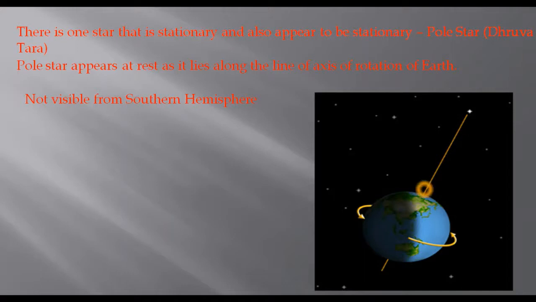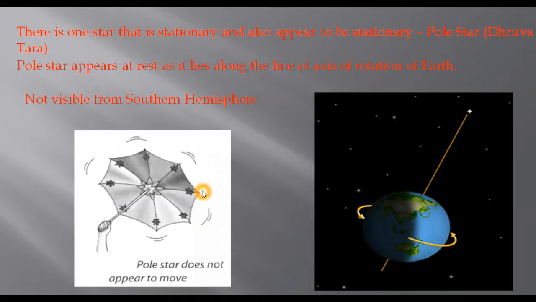And when this axis doesn't change, the rest of the objects change. When Earth is moving, it appears that stars are also moving, because stars are not present on this fixed axis. So this pole star lies on this fixed axis, and because this axis is fixed, it appears that the pole star is not moving, it doesn't change its position. So that is why the pole star remains fixed, it remains stationary, and all other stars appear to revolve, appear to move. Okay? It may be clear to you by this example.